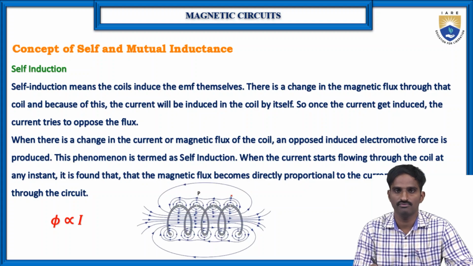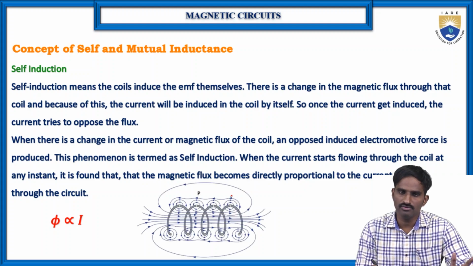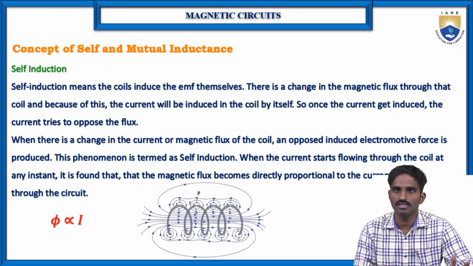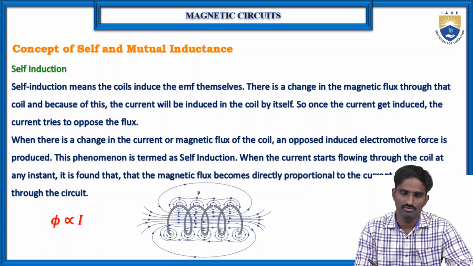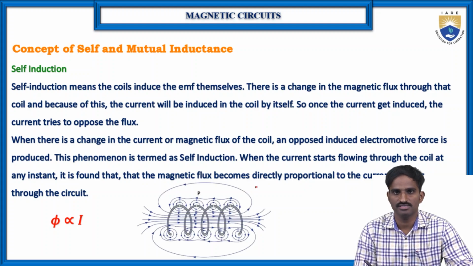That's why we indicated it with the minus sign, right? So when there is a change in the current or the magnetic flux of the coil, an opposite induced electromotive force is produced, which we usually represent as EMF. This particular phenomenon is called